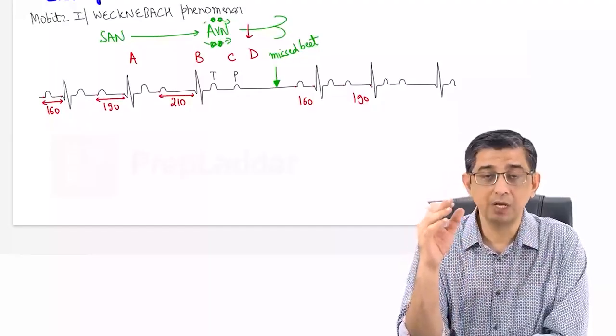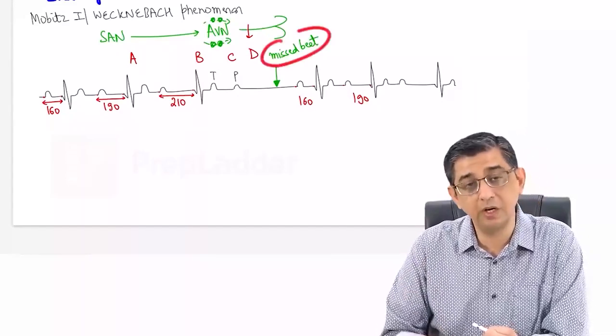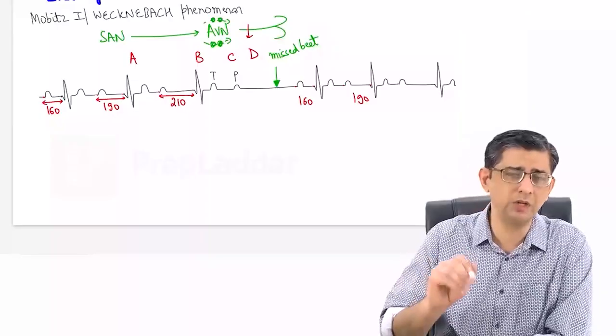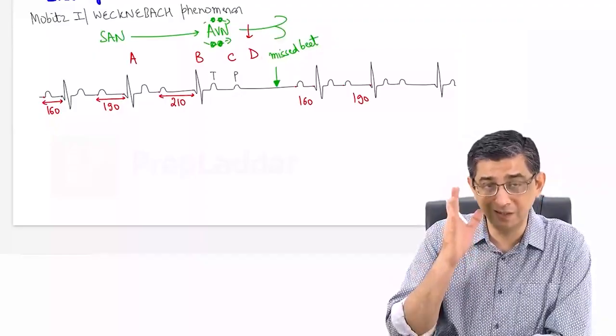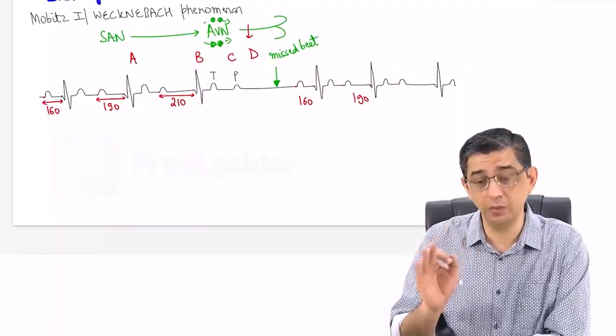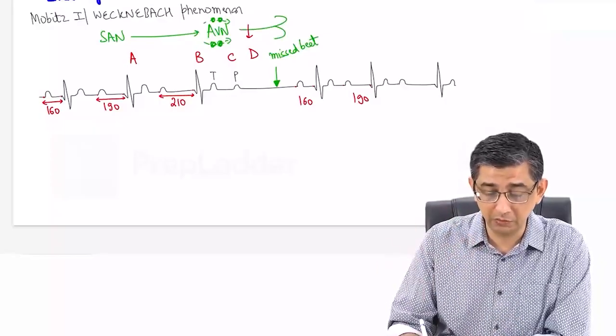So what he says is that the moment you identify the missed beat, listen to this part carefully. The missed beat will usually be given in the exam in the form of a vertical black arrow, which highlights the fact that at this point of time, a QRS complex should have been present, but is sadly missing in this case. All you need to do then is, listen to the words carefully,